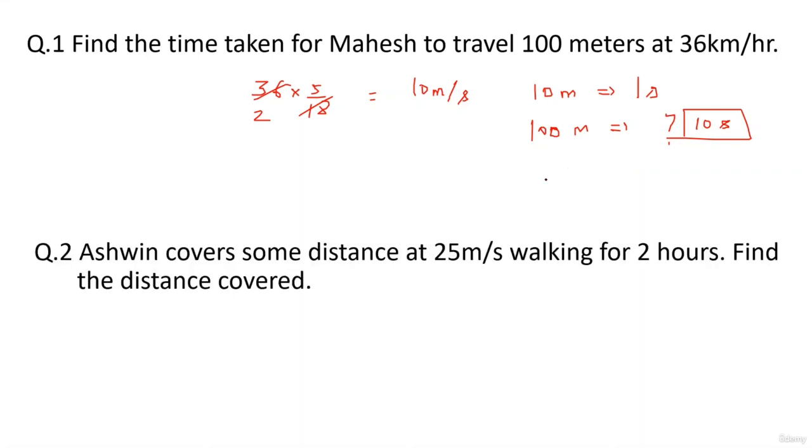So let's go on to the next question now. Ashwin covers a distance of 25 meters per second walking for 2 hours. 25 meters per second multiplied by 18 by 5. 5 cancels, 5 18s are